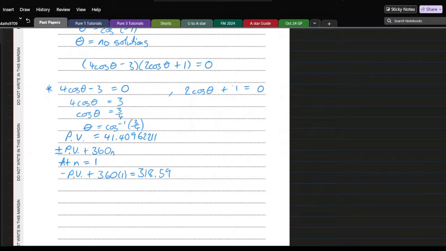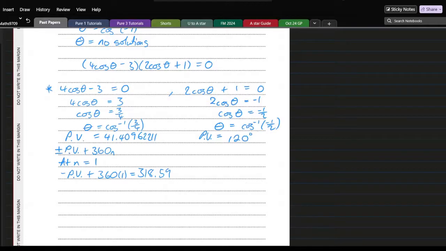Now let's check out our other equation. So this becomes 2 cos theta is negative 1, so cos theta is negative 1 over 2. So theta is arc cos of negative 1 over 2. So our principal value here is equal to, let's punch this into the calculator, arc cos of negative 1 over 2, and that gives us